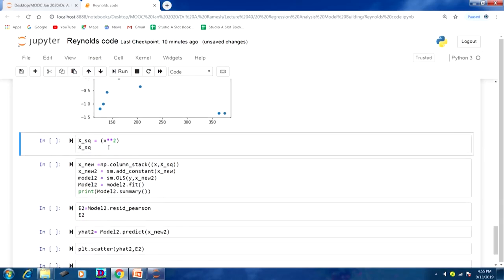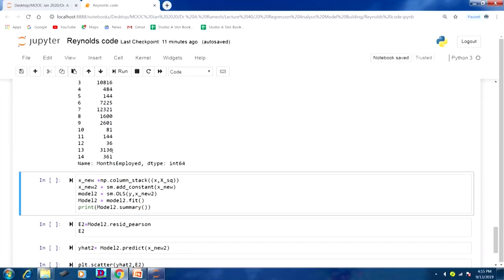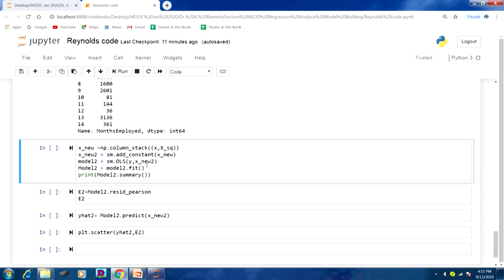So what we are going to do, we have one independent variable that we are going to square. You may ask why we have to square, you can go for cube also, you can go for power 3, power 4, power 5, but at the beginning we start with the power 2. So this was my squared value. Now this variable is taken as another independent variable. Now we are having two independent variables, one is months employed, another is the square of that months employed. Look at this one, x underscore squared, that is taken as another independent variable.